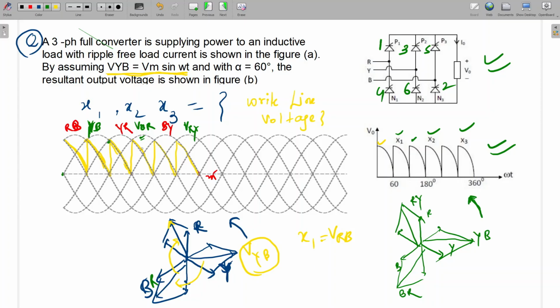Again they are asking fourth one. So what is fourth one? X2. X2 is VYR. Is it clear? And again they are asking sixth. Sixth they are asking 1, 2, 3, 4, 5, 6. So what is sixth one? Sixth one is